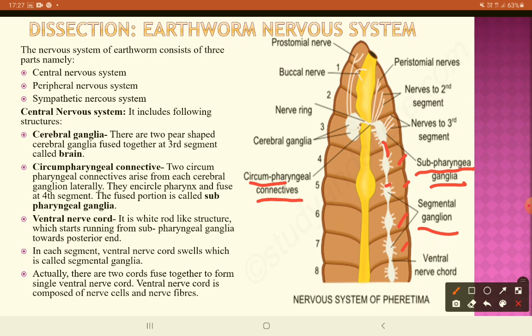Okay, so what are the three layers? The outer peritoneum, the middle longitudinal muscle layer, and the inner thick fibrous layer of epineurium. Now the nerve cords are solid, consisting of nerve cells and fibers. Both the nerve cords are separated internally by a vertical epineurium. Which is the innermost layer of this covering of the ventral nerve cord? That is epineurium. So when we say there are two nerve cords connected with each other, that means they are separated by one vertical epineurium.